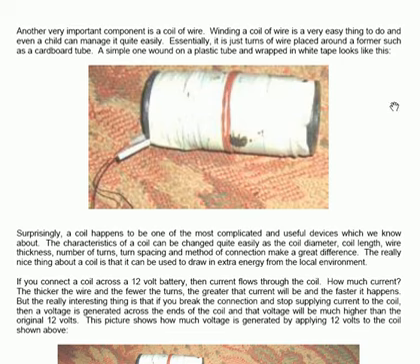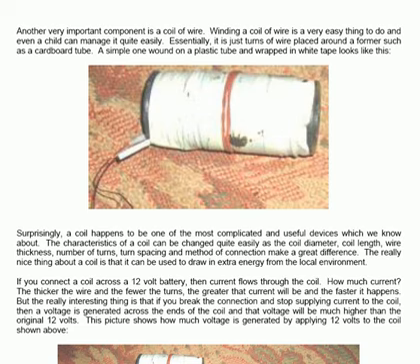Surprisingly, a coil happens to be one of the most complicated and useful devices which we know about. The characteristics of a coil can be changed quite easily, as the coil diameter, the coil length, the wire thickness, the number of turns, the spacing between the turns, and the method of connection makes a great difference. The really nice thing about a coil is that it can be used to draw in extra energy from the